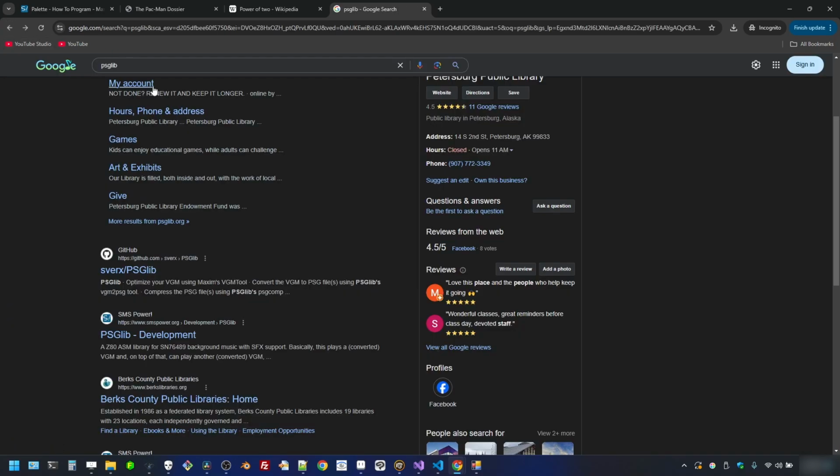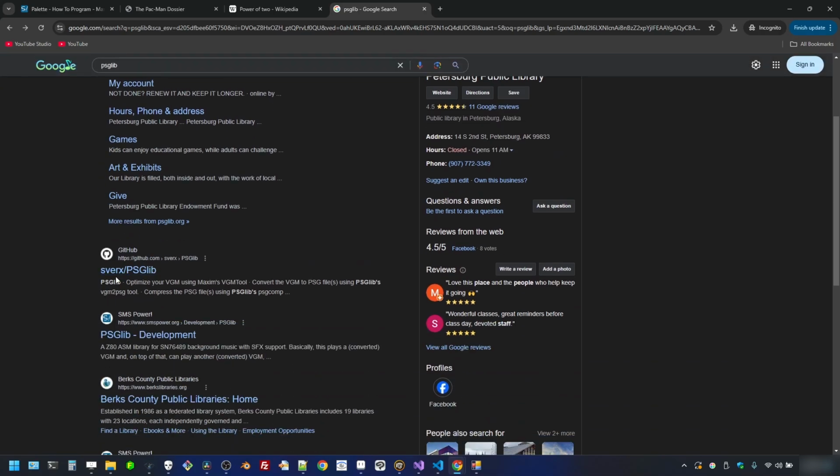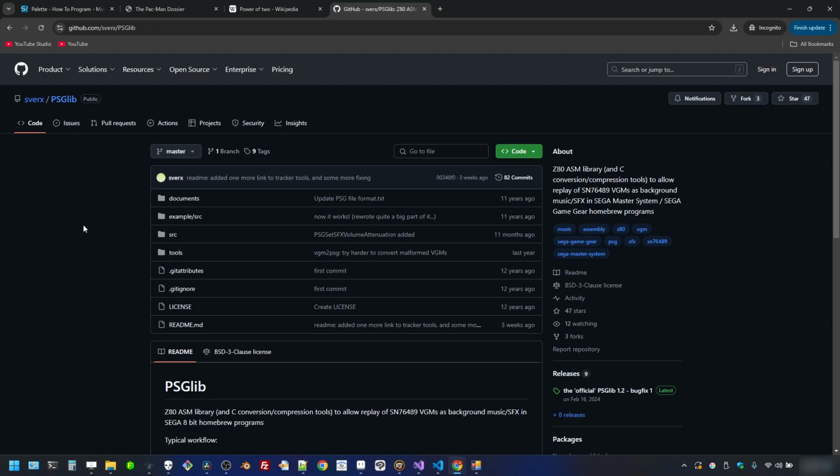well, let me go back. So you would search here PSG lib, that's what we're going to look for, and then this is the link that you want to use to get to it, the GitHub link. So again, this is a repo that's kept up by the same individual who created Devkit SMS, so big hats off to Sverx, I hope I said that right,